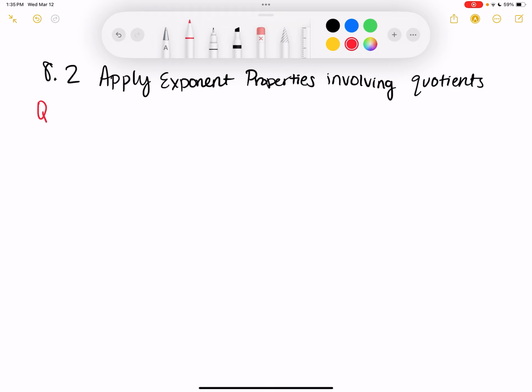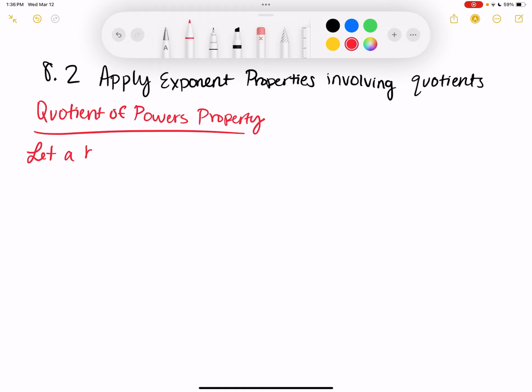All right, quotient of powers property. So obviously we had a lot of properties we got yesterday, and same thing. You don't need to know the name of them. You just need to understand how to use them. So let A be a non-zero real number and let M and N be positive integers